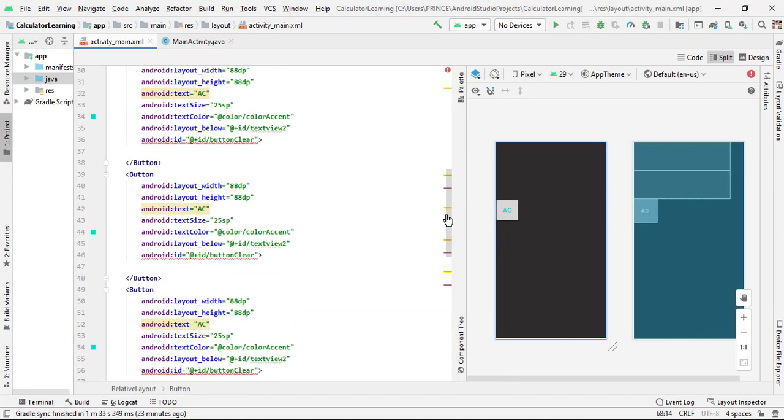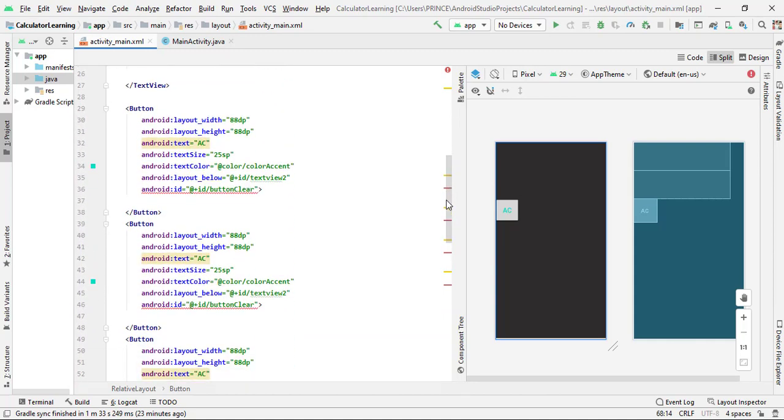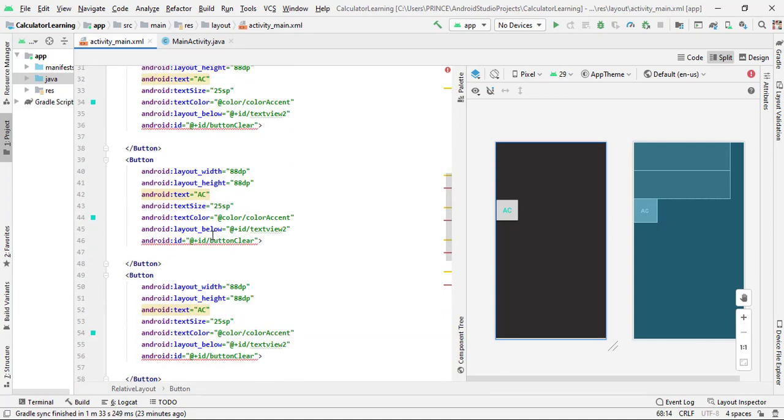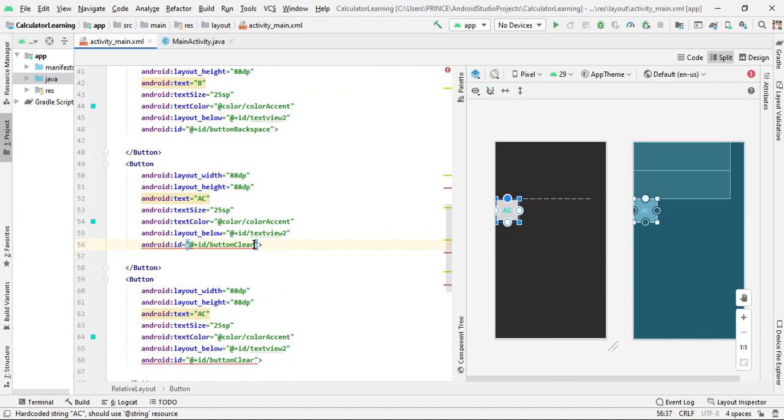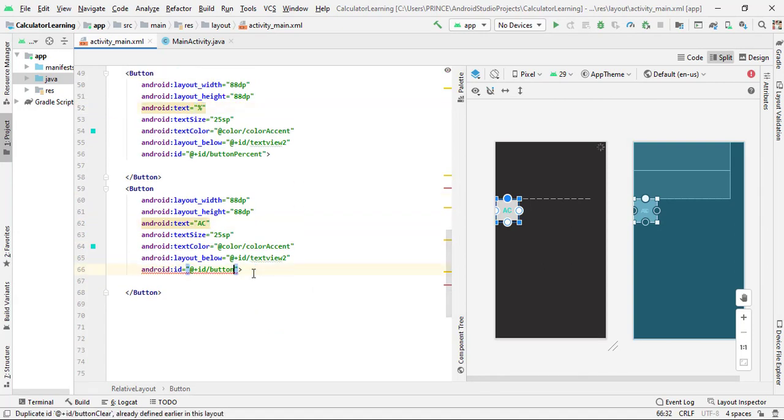Now it shows an error, and the error is due to the same ID name. So this is our clear button and this is our backspace button. So I change the ID name to btn backspace and also change the text to B. But later I change the capital B to the drawable icon of the backspace symbol, so don't take tension of this. Now just on the right side we need one more button. This is the button %. So I type button % and I change the android:text to the % symbol. Now this is our divide button. So I type divide and android:text divide.